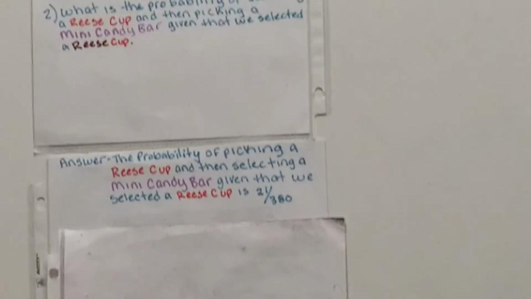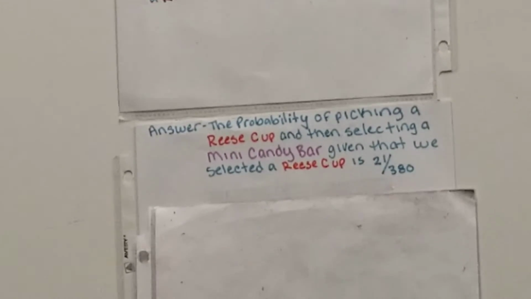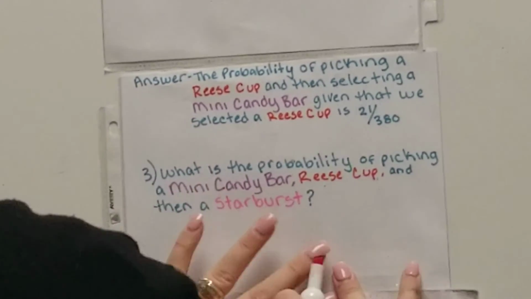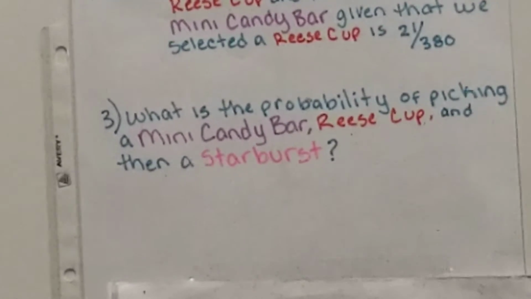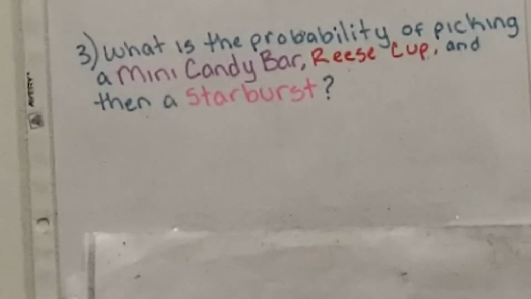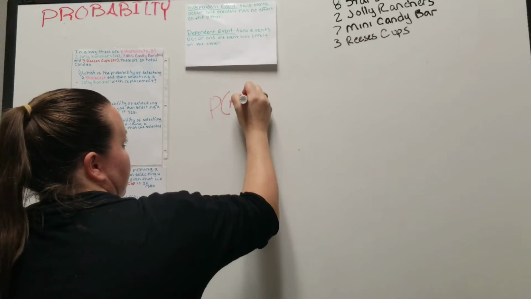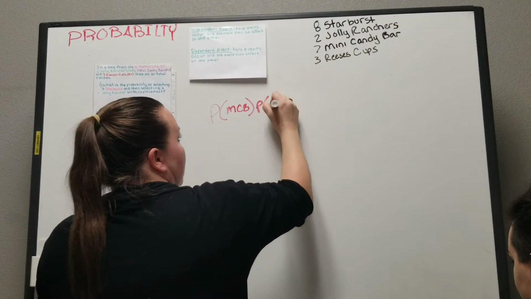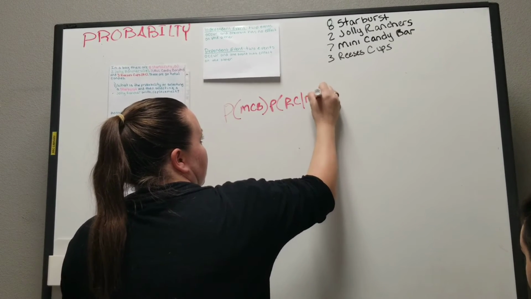The probability of picking a Reese Cup and then selecting a mini candy bar, given that we have selected a Reese Cup already, is 21 out of 380. For our final problem, we are going to put what is the probability of picking a mini candy bar, a Reese Cup, and then a Starburst. What is the probability of picking a mini candy bar times the probability of picking a Reese Cup, given that we have already picked the mini candy bar,